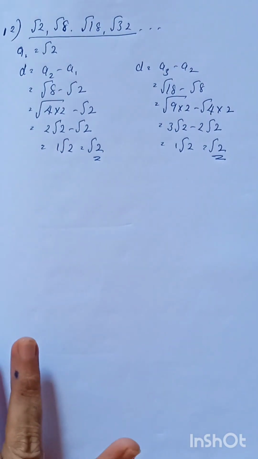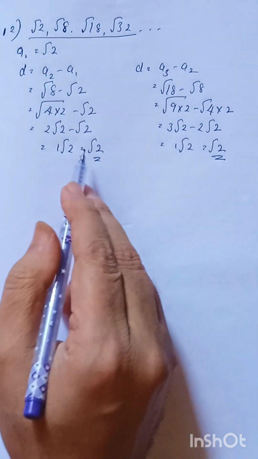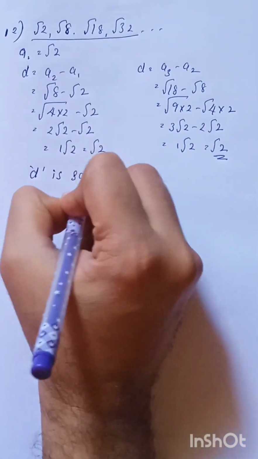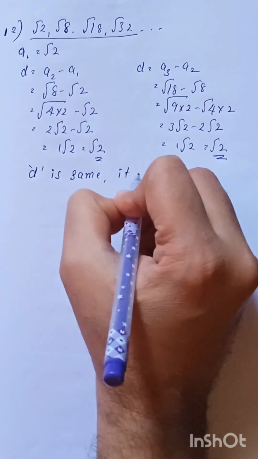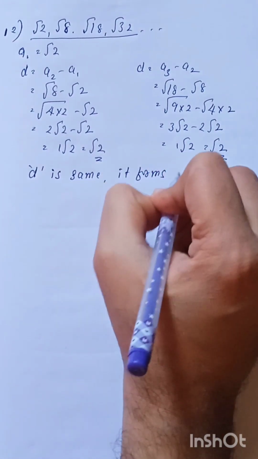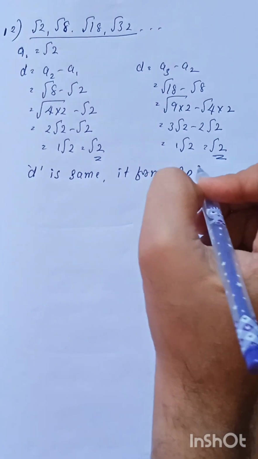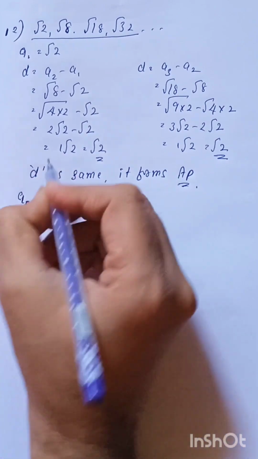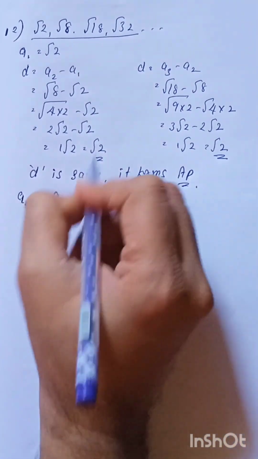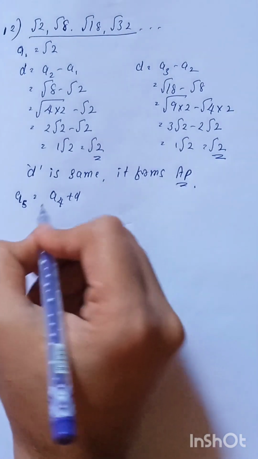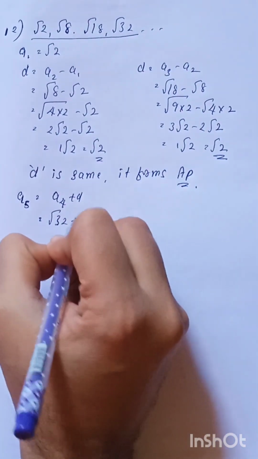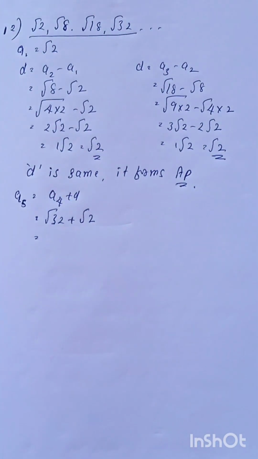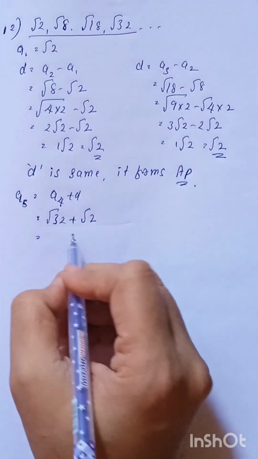We can observe the common difference is the same, that is root 2. We can form an AP here. D is the same, so it forms an AP. So A5 equals A4 plus D. What is A4? Root 32 plus root 2. So you can write root 32 plus root 2,